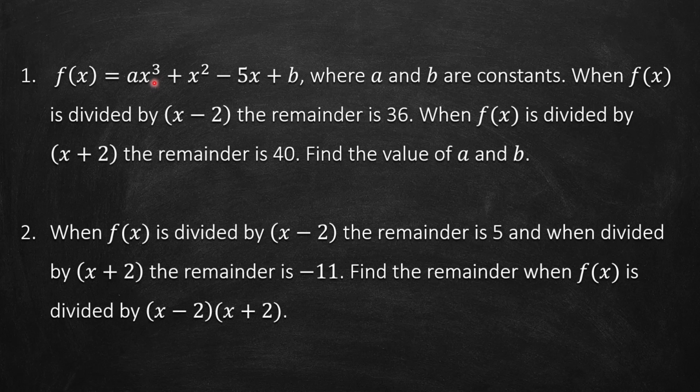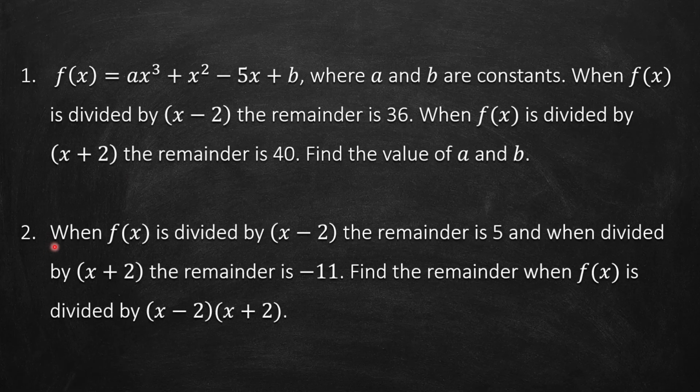Now let's check the intermediate difficulty, like this one. So this one we still have the information about the function, but now you can see some missing information, in this case a and b. So that's why the question is to find the value of a and b. But still, here we know the divisor and the remainder. So it's still possible to calculate this one using long division.